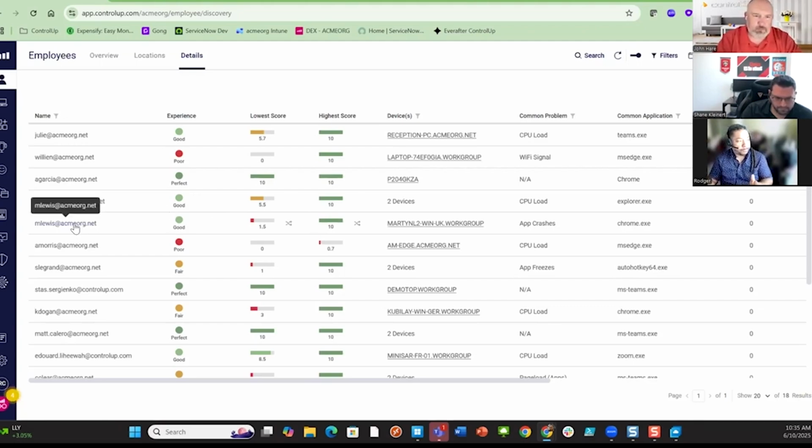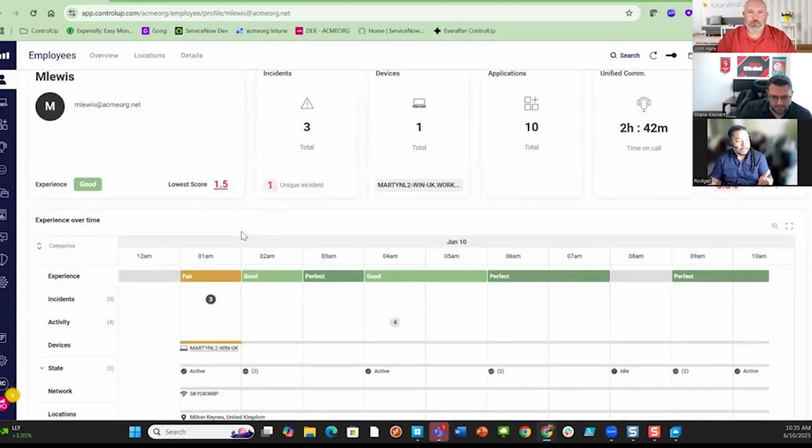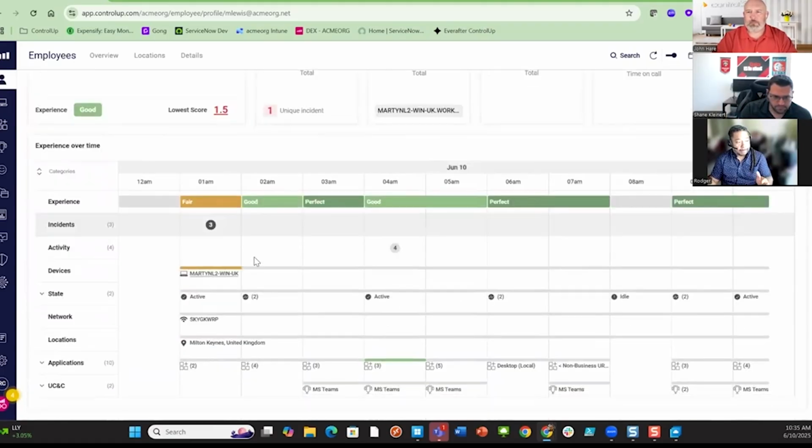So, for example, Martin. This is Martin's experience again today. He's had 3 incidents. He's on one device. He's using 10 web apps. He's been on a Teams call. He's been pretty productive today. And this is a breakdown of that.